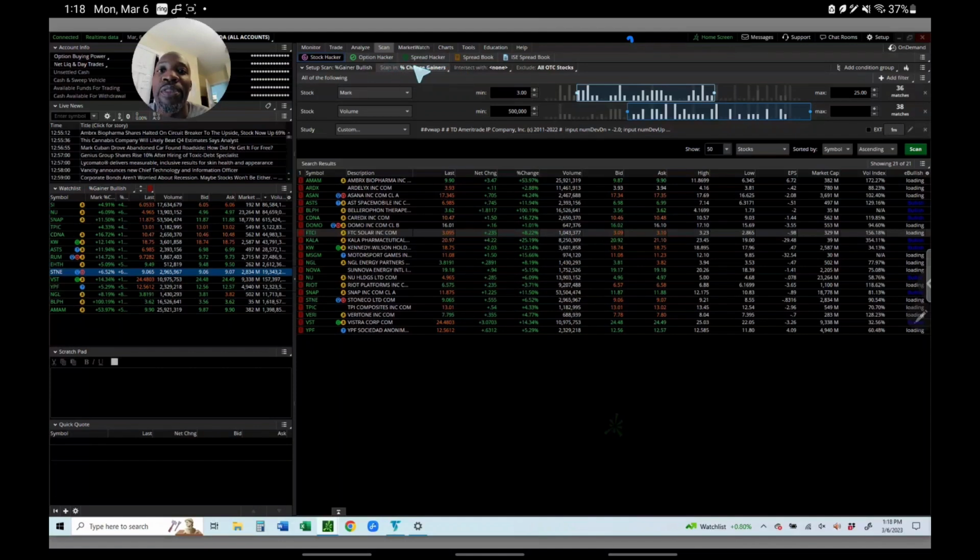You can scan within whichever bucket you're going to use. So I'm going to use the percent change gainers bucket. I want to intersect with none. I want to exclude all OTC stocks. The OTC stocks are the over-the-counter stocks. ThinkorSwim, I guess it's Schwab now,